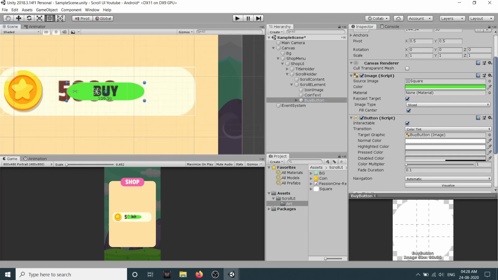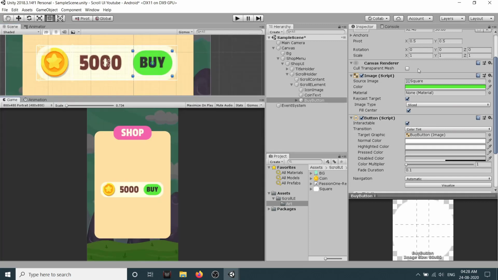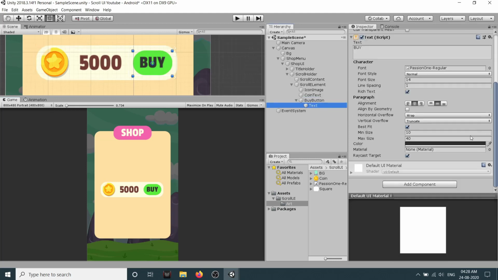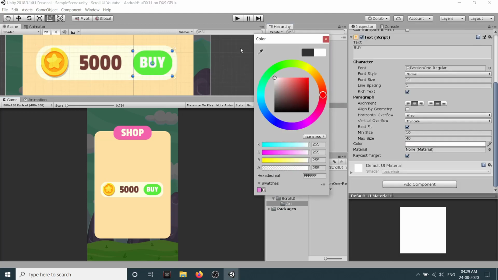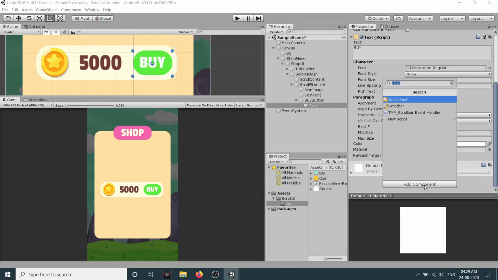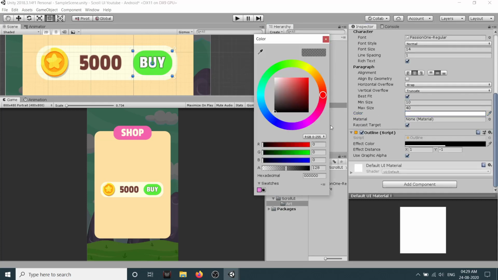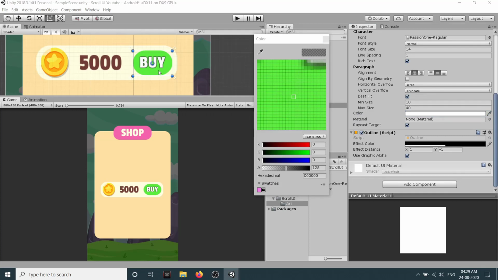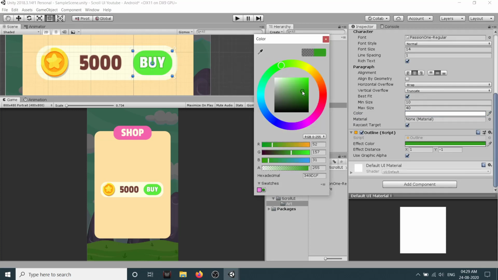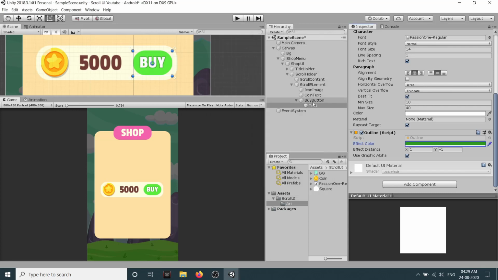Now we need to reduce its width, so let's reduce its width and we will bring it here. Let's increase the height, and let's increase the width as well. Okay, so the color should be white. I don't know, let's see. Let's add some outline to it, and let's select the color picker, select this green color, and let's make it dark. Maybe we will reduce the max size to 30.